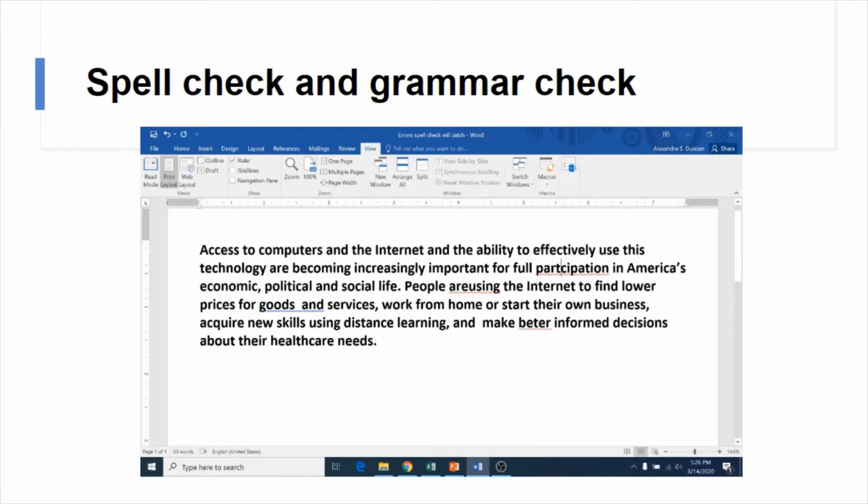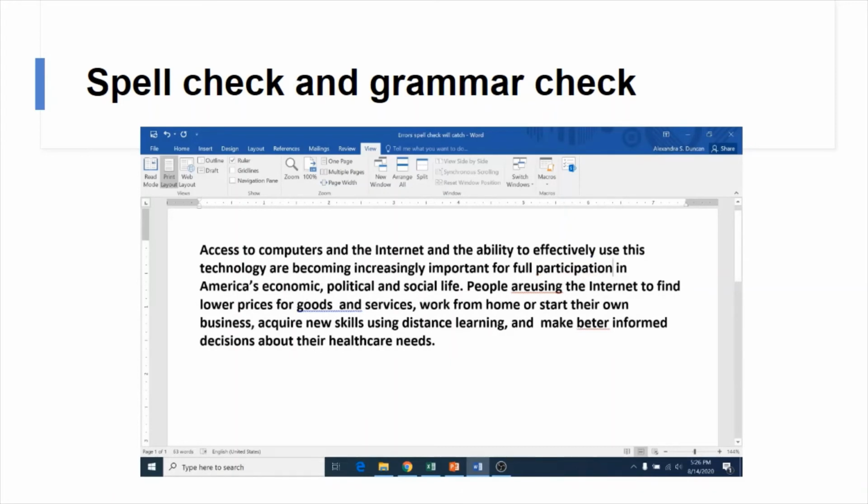And then there are some mistakes that spell check and grammar check can't catch. So I'm going to show you those as well, but let's start with some of these simple things that spell check and grammar check can catch. So I have this document with all of this already typed here. And so what I'm going to go in and do is hover my mouse over that word and right click